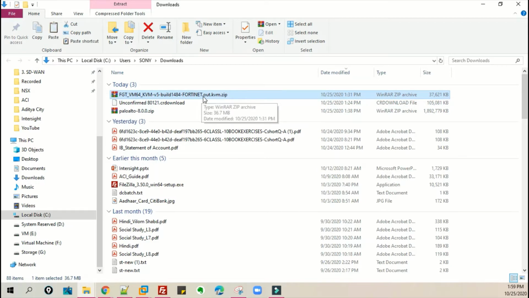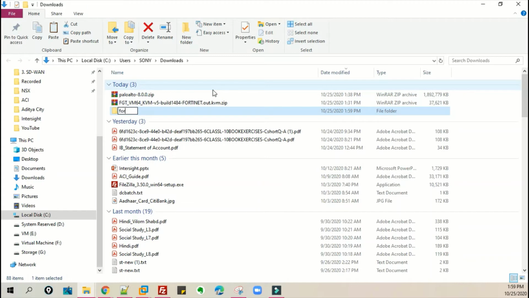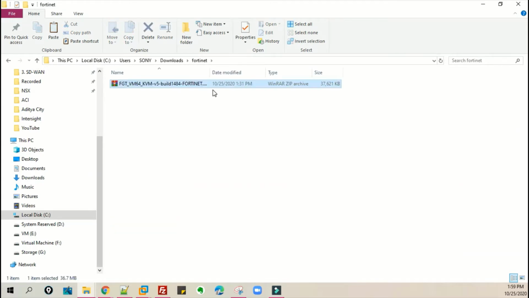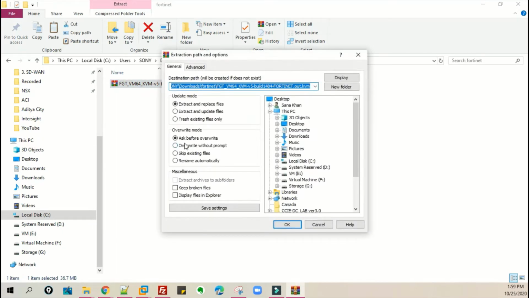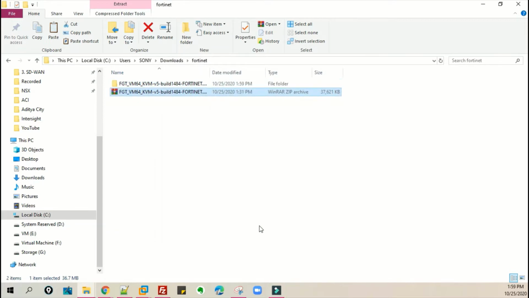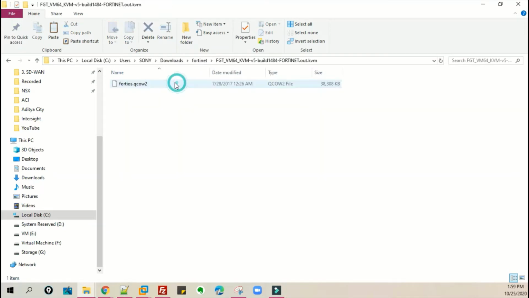Once the image has been downloaded, we have to copy it, create one folder, Fortinet, paste the file within this folder, and extract it. So the file is here.